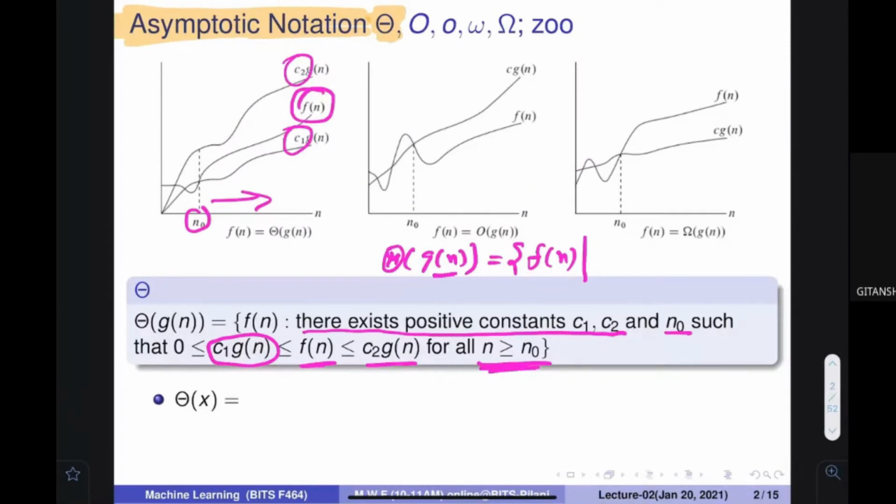So let us investigate, let us discover a set for the sake of understanding what theta of x is. If I want to find out theta of x, can anybody tell me what is g of x? Gx is equal to,